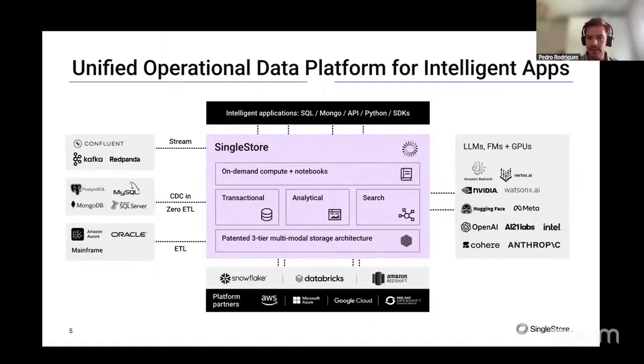As I already stated, we are an all-in-one solution for your data pipelines and workflows. Some of the use cases are to be integrated into your RAG workflows as your database. We can integrate easily with any of your LLMs, as well as with many data sources and data providers like Snowflake, Databricks, and Amazon Redshift. We can do this with pipelines, which is on the next slide.